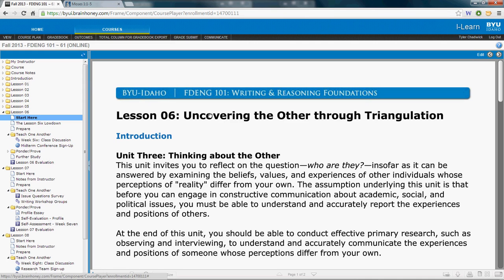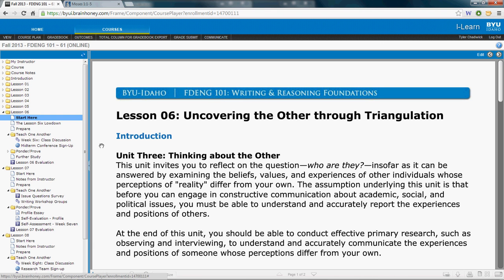The discussions are underway. We're talking about triangulation this week. A lot of you will be discussing that in terms of the essay that we read for this week, Two Men and a Portrait, which is a pretty good example of triangulation. And you'll also be talking about triangulation in terms of the methods that you'll be using in your own paper to triangulate a clearer perspective on the person that you have interviewed and will be profiling. So this week, that's your focus, triangulation.